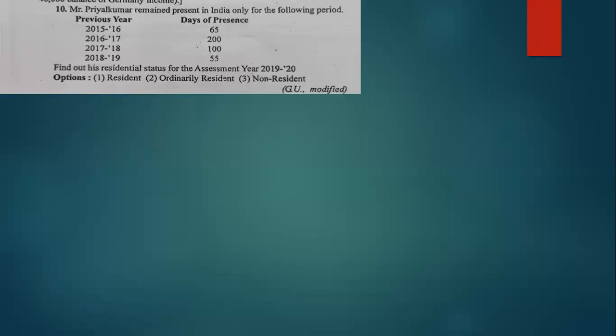So let's see how to calculate this. First of all, we have to decide the assessment year and previous year. Okay, so here we are given the assessment year 2019-20. So we just write down assessment year 2019-20. Then on the basis of assessment year, we can find out the previous year. So the previous year of this assessment year will be